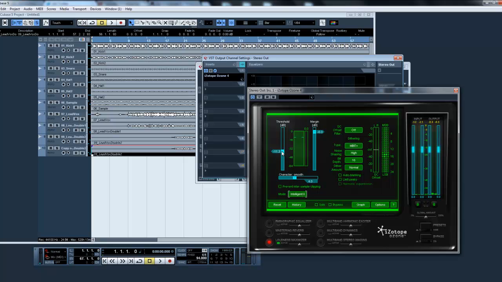Now for the threshold, what you're going to want to do is play the song and move down the threshold until you have around -40 and